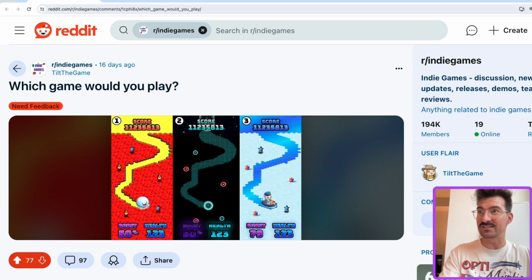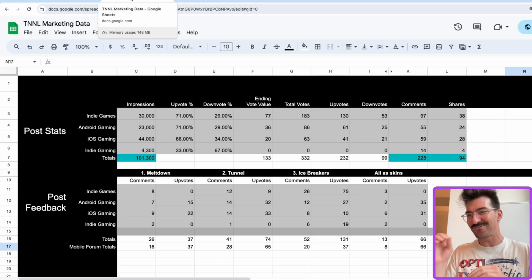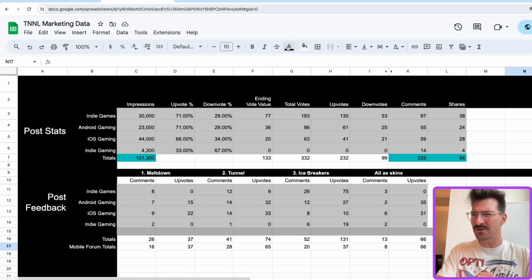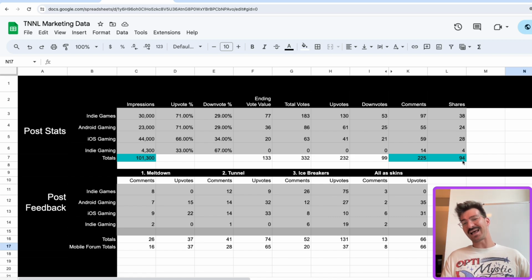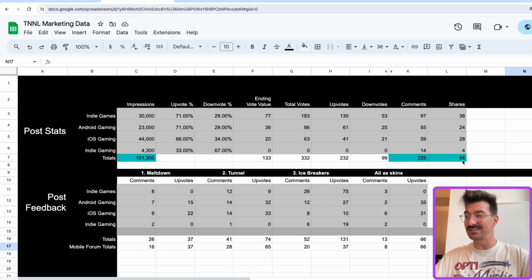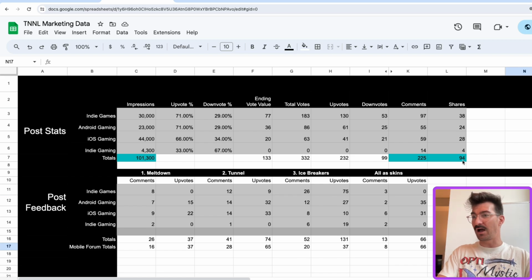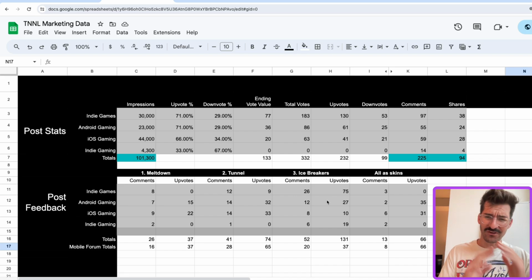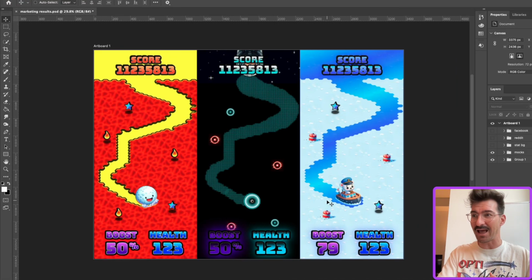Let's take a look at some of this data real quick, and don't get too scared. We're only going to look at this chart for just a second. We've got a much more friendly visual graphic coming up for you next. But I wanted to call out a few things. 101,000 impressions total, 225 comments, 94 shares. Fantastic. We could not be happier with this response. Really, really great to see this kind of feedback coming in. So we tallied up the comments and the upvotes, as long as they met certain thresholds, and tried to get some sentiment analysis out of our subreddits, and we have that for you here.